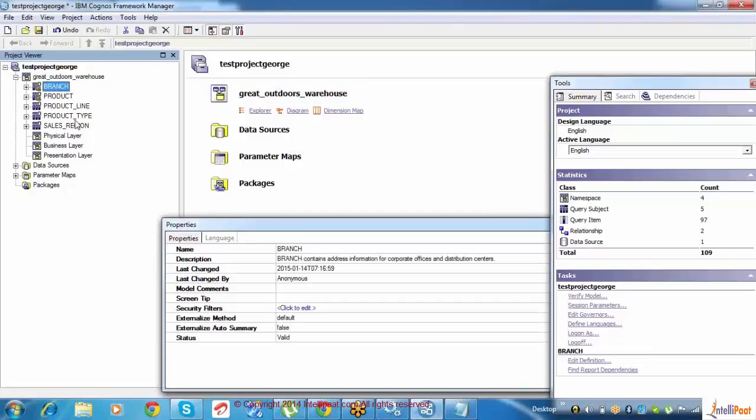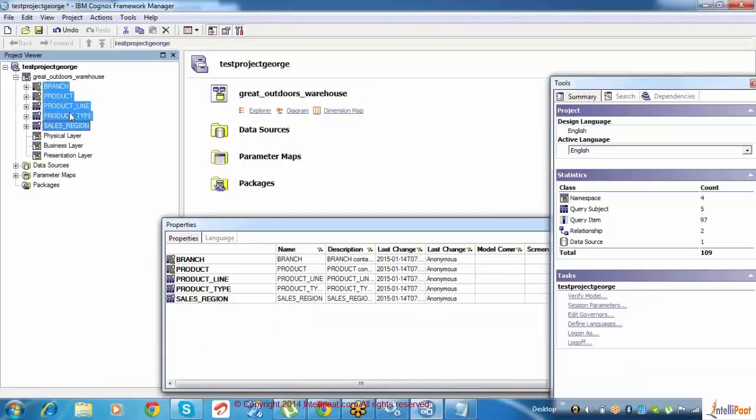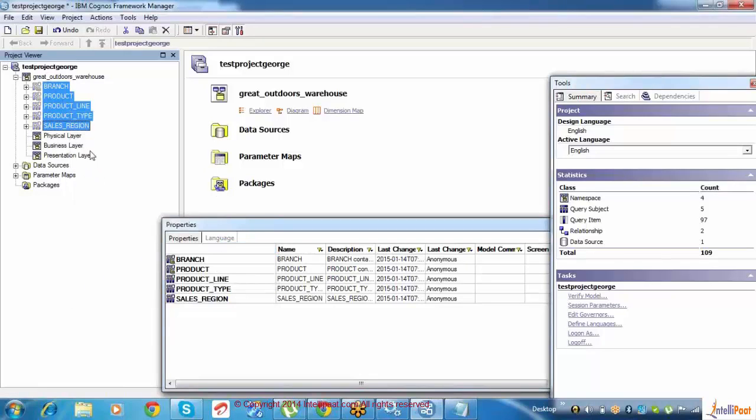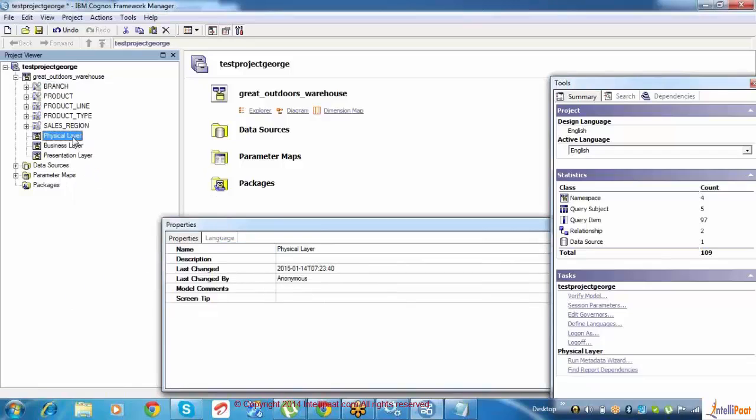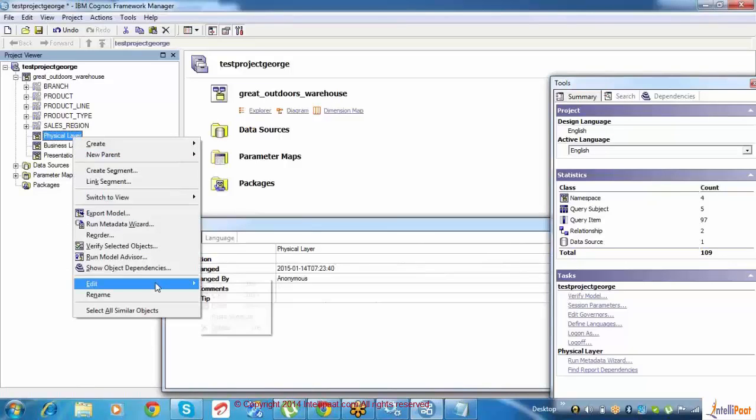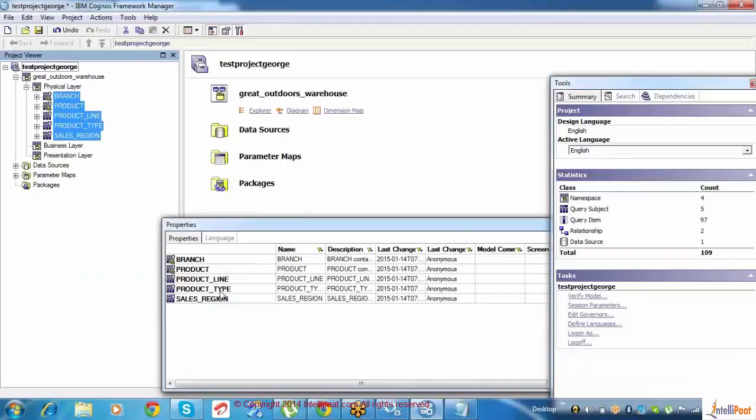So I'll select this, then select all the things, right click, edit, and then cut. I'll cut and then put it into this physical layer. This is how we do it in real time. Right click in the physical layer and then paste.